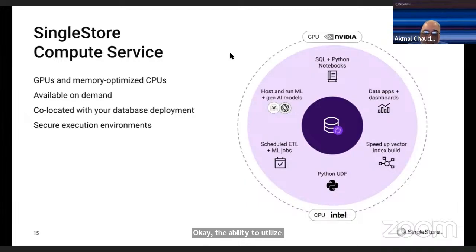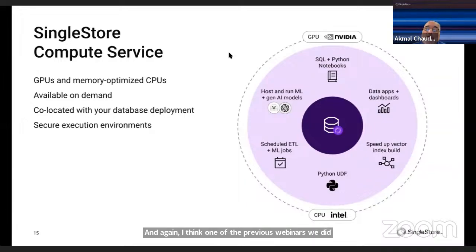And additionally, SingleStore is working on a couple of other capabilities and features. So, for example, if you're a fan of Ollama, the ability to run your LLMs locally. And again, I think one of the previous webinars we did just very recently demoed just that.